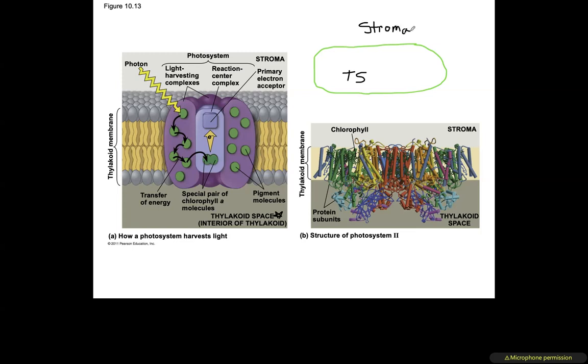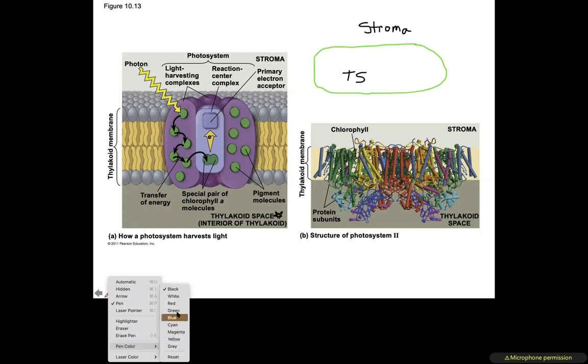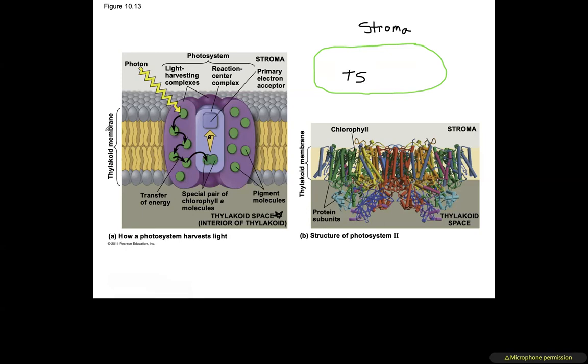There we go. Okay. So what I'm going to do is take my little green pointer, pen color, change it back to green, and I'm just going to remind you that this green,